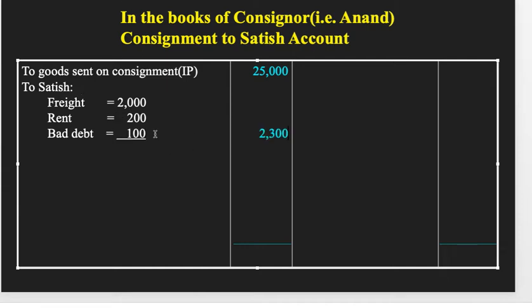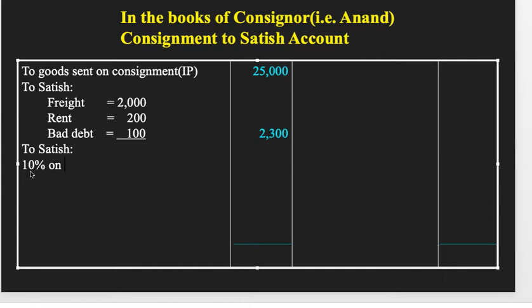Now the next one here is the commission. We are going to write down 'To Satish', which is the commission here, which is 10% and 20%: 10% on the invoice price of the goods sold and 20% of any excess price realized above the invoice price, which is given in the problem. So first one we are going to write down here: 10% on the invoice price. Invoice price is what here? It is mentioned in the problem.